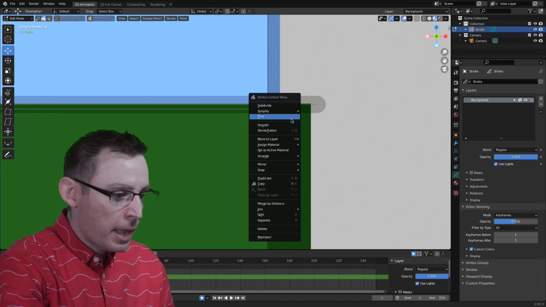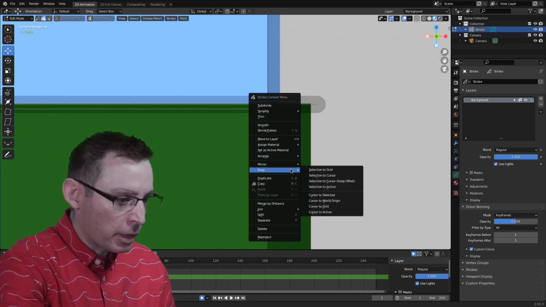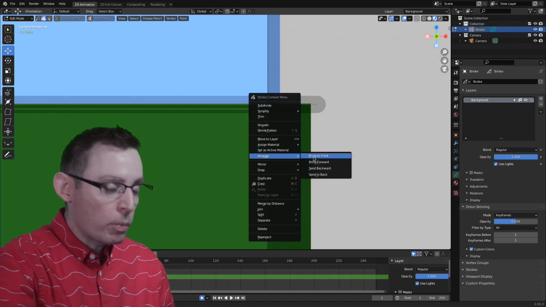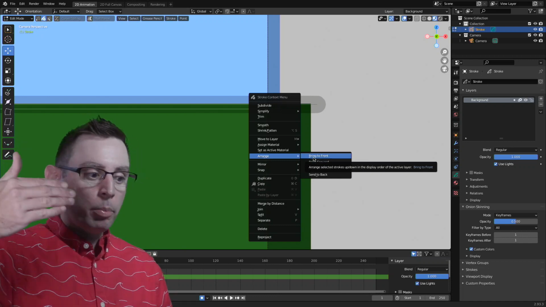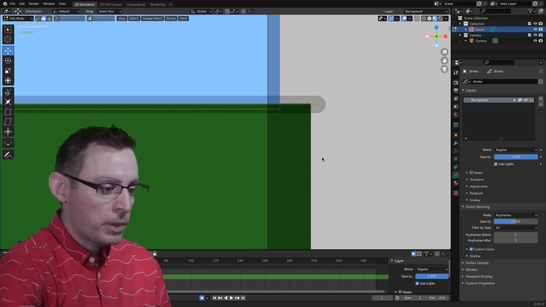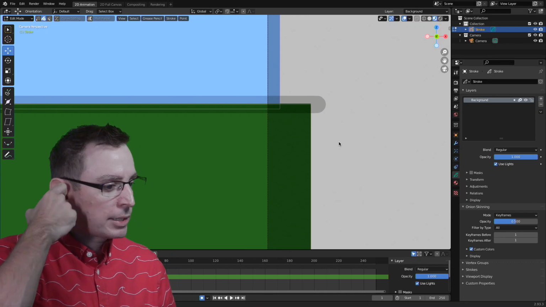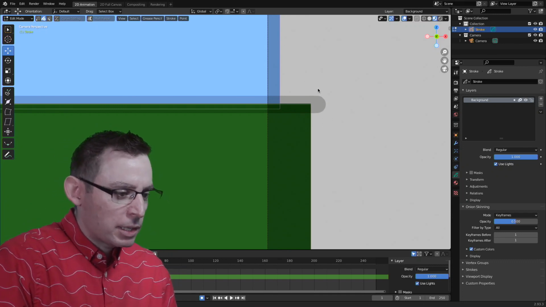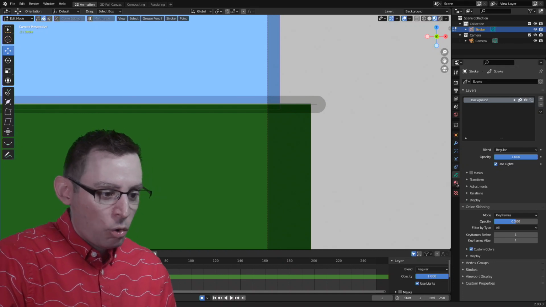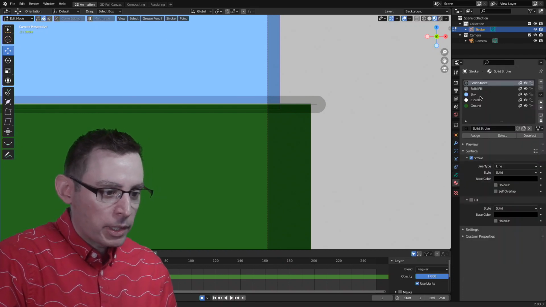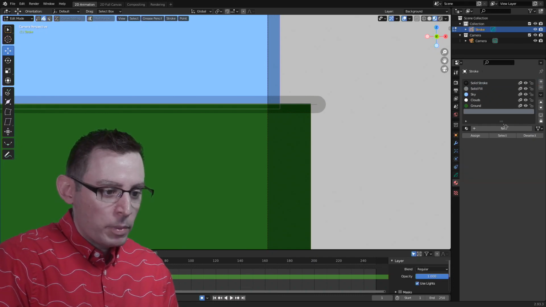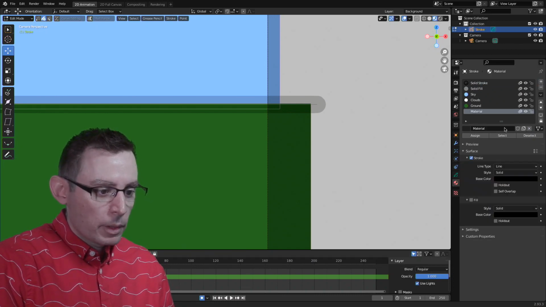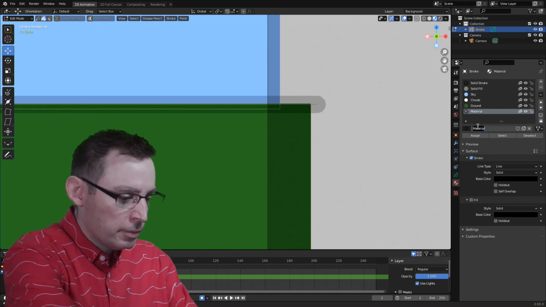Right-click on the frame. And one of the things that we have in here is Arrange. And we can bring this object to the front or push it to the back. And that's going to help the order in which this shape appears inside of our scene. Now it looks like there's some transparency associated with this line. So let's give it its own material. I think that's really what's going on here. It's using this solid stroke material preset. Let's give it its own material. And I'm just going to call this material Horizon.